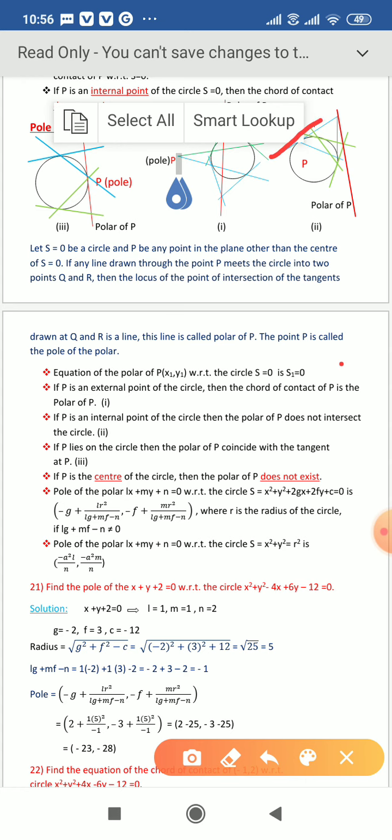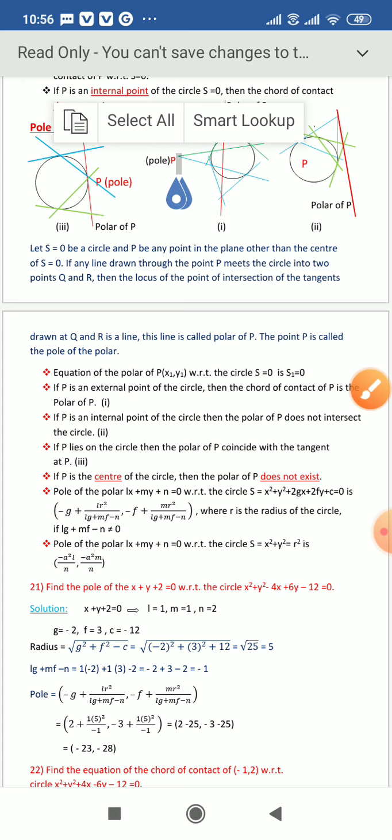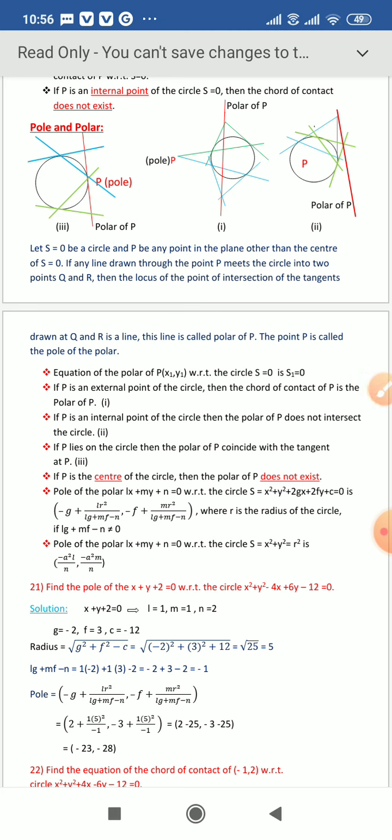This is one tangent and this is another tangent. So this is the point of intersection of the tangents drawn from (x1, y1) at the points Q and R. Next, another secant line is drawn from P. Observe the green color secant line. This line intersects the circle at 2 points.